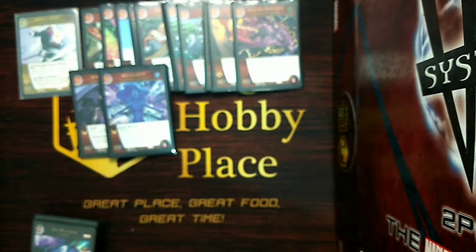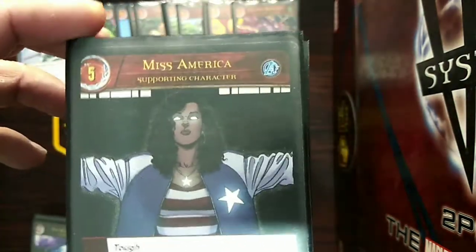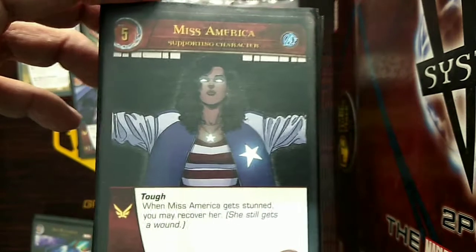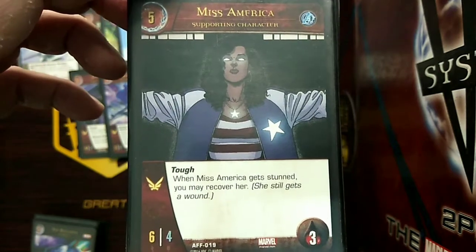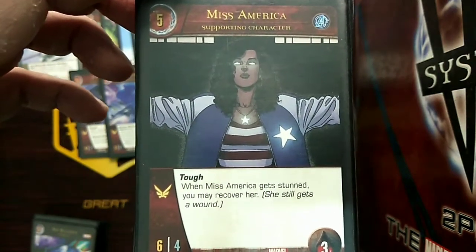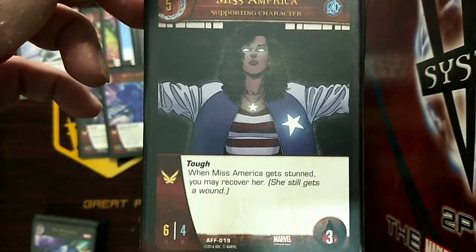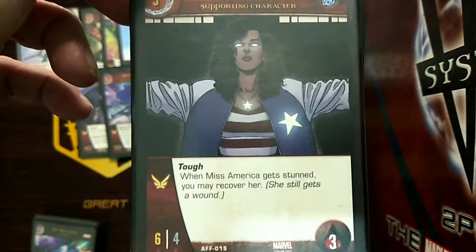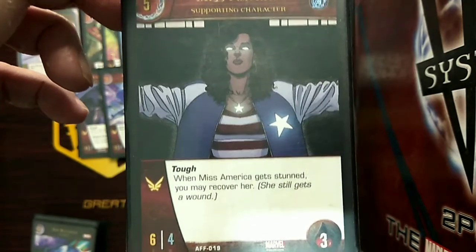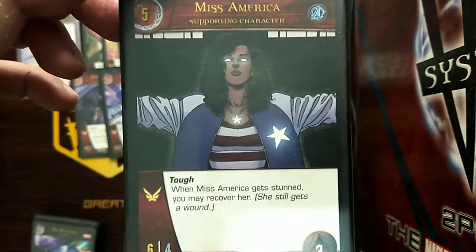As another flight wall blocker, we skipped our 4th drop and decided to just use, of course, Miss America. And we have 2 copies of this character in your deck, and again, she's also an A-Force character, with 6 attack and 4 defense and 3 health. At the same time, she has flight and stop, just like Jessica Jones. So when Miss America gets stunned, you may recover her. She still gets the wound, but again, she can face up once again. And this is also your second set of frontline blockers in order to help protect your